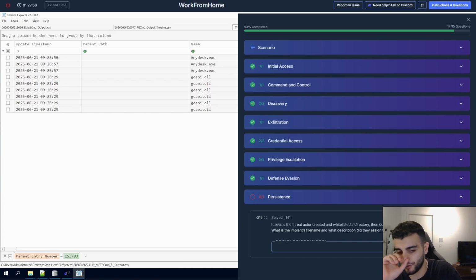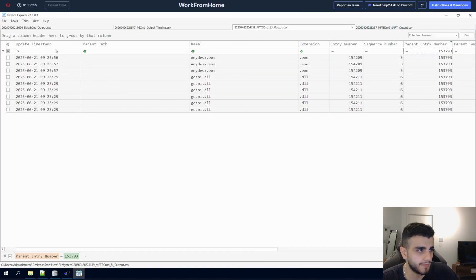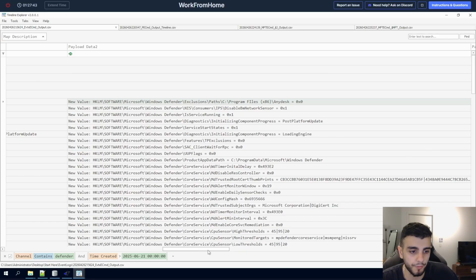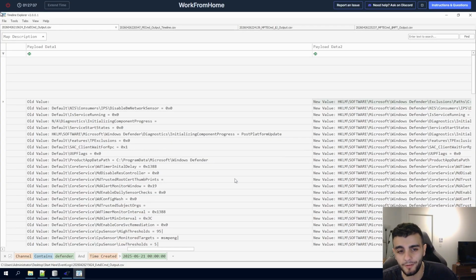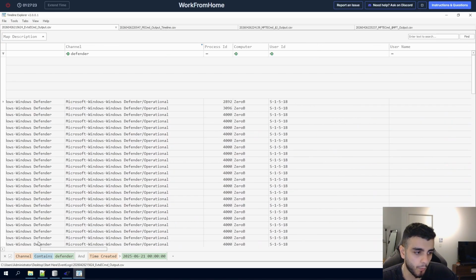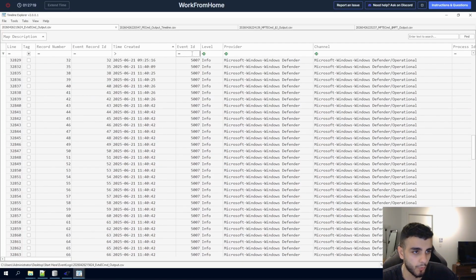And we have to think about the implant's file name and what description did they assign to the persistence entry. So when you think about persistence entry, you have to think about 3 main things in Windows. You have to think about scheduled tasks, you have to think about services, and you have to think about auto start in the registry. In this case, I wanna try to look for services,